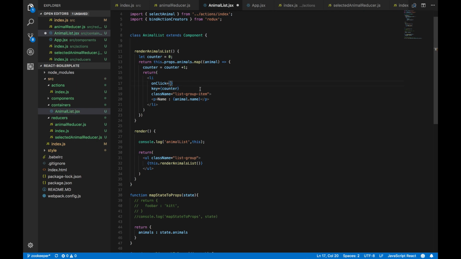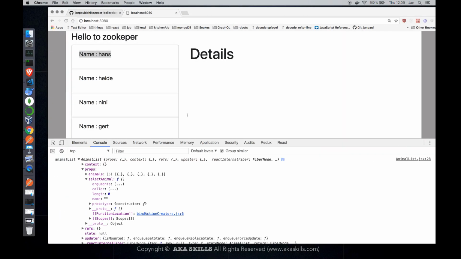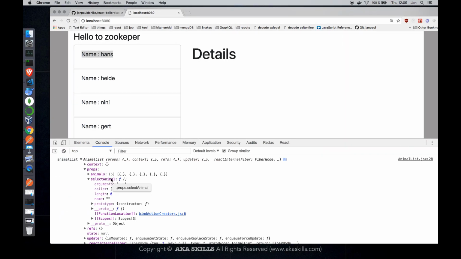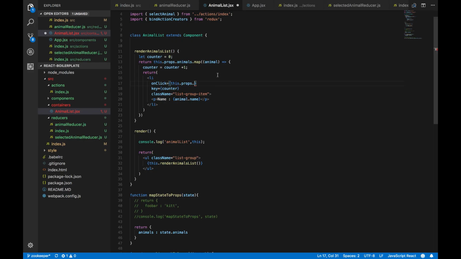So just remove everything and just have onClick with curly braces, and then go for this props, because as you have seen here, we have the select animal now as a function bound to the props. So you are passing it and you are binding the scope of this specific clicked animal that comes here. The scope goes here to the animal. So what you are providing here, or what you are saying is,